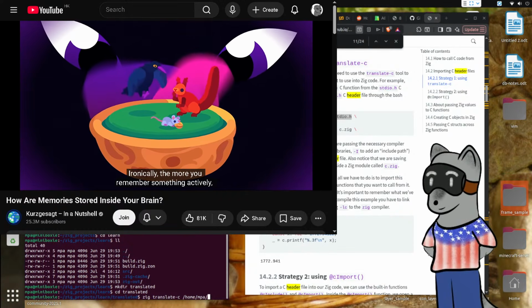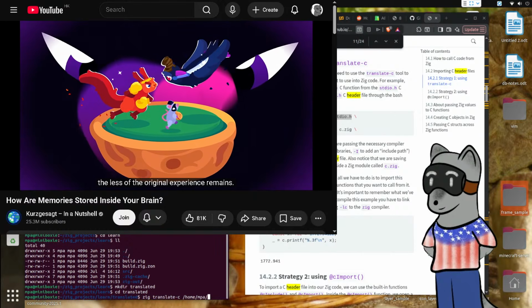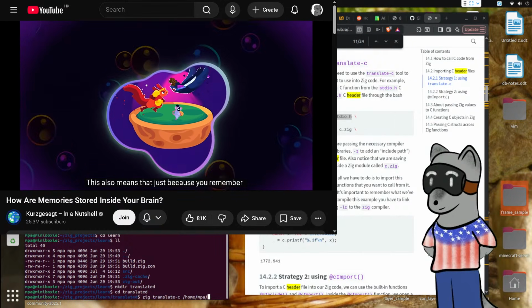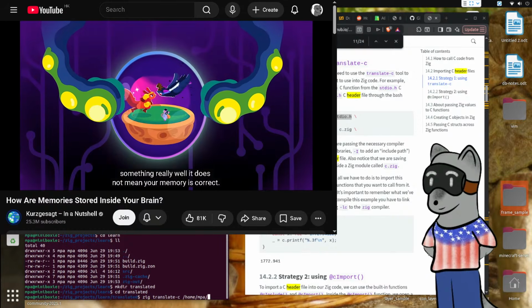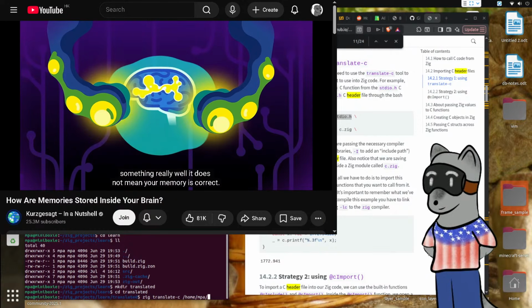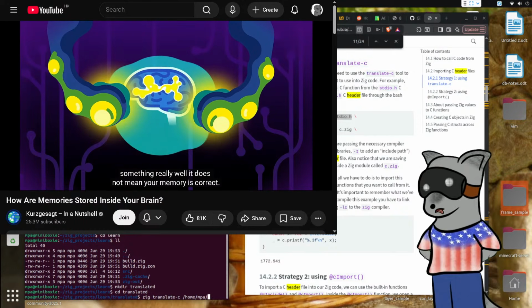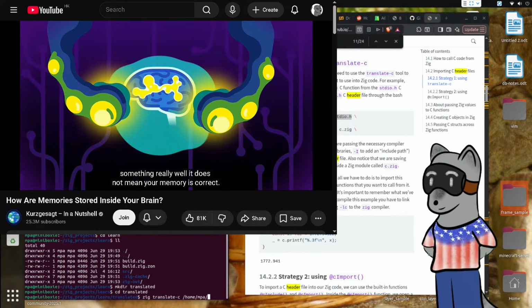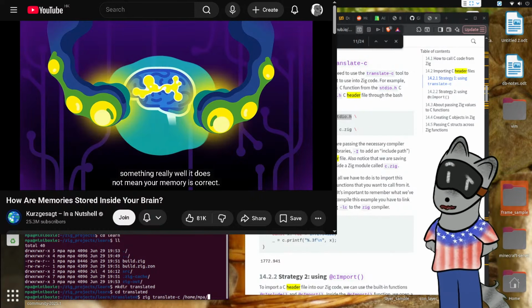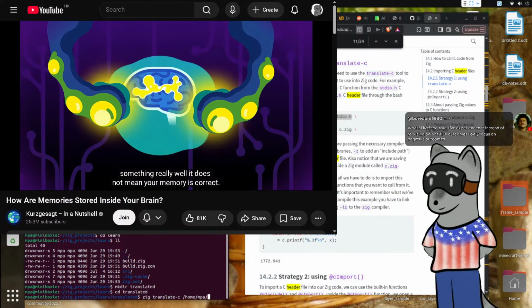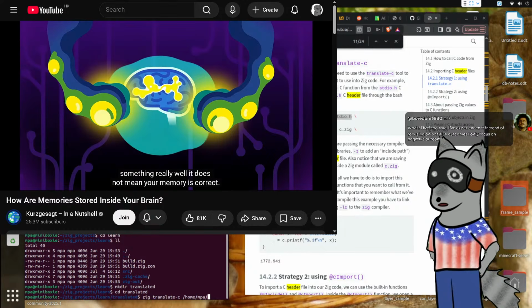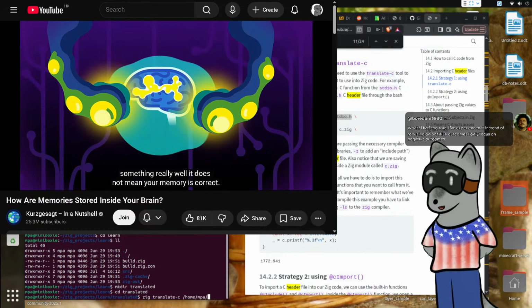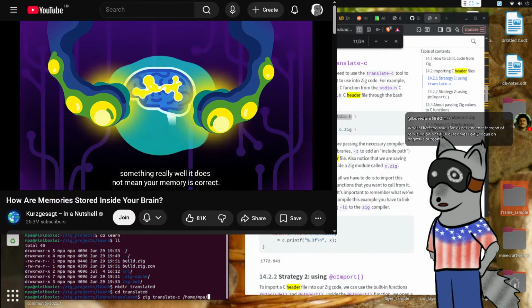The more you remember something actively, the less of the original experience remains. This also means that just because you remember something really well, it doesn't mean your memory is correct. Actually, a bit of a tangent, this is one reason why a lot of court cases and trials that require witnesses to recall an incident technically don't consider them definitive evidence. They're considered valuable when it comes to a case, but they can't be definitive, because their memories